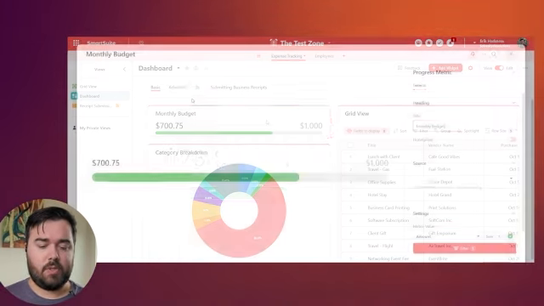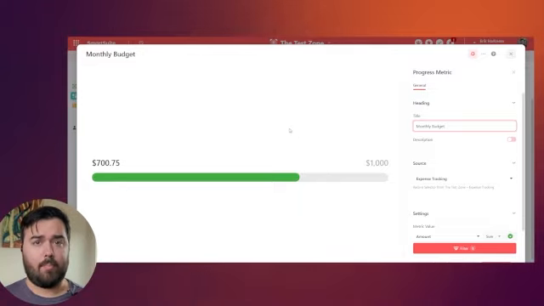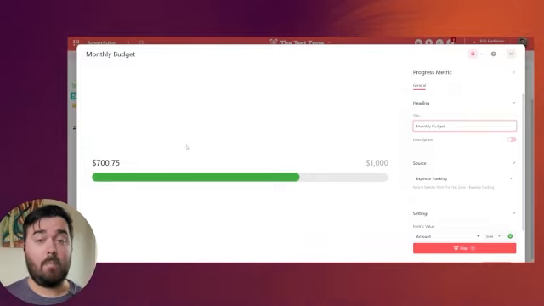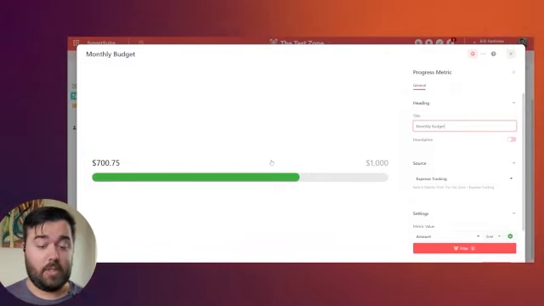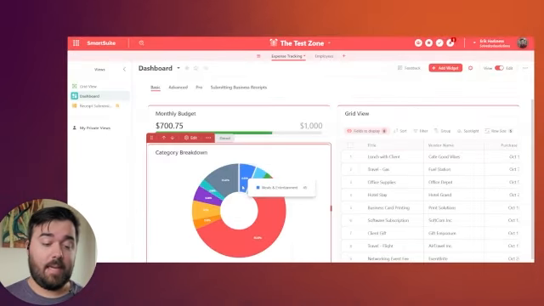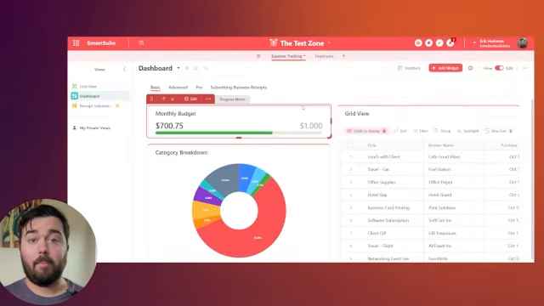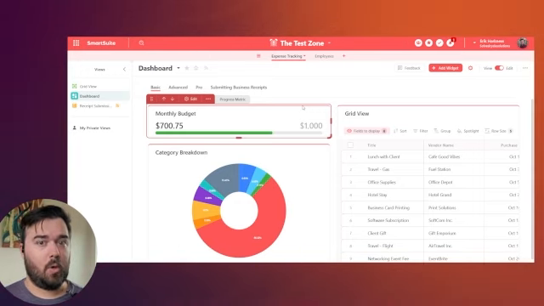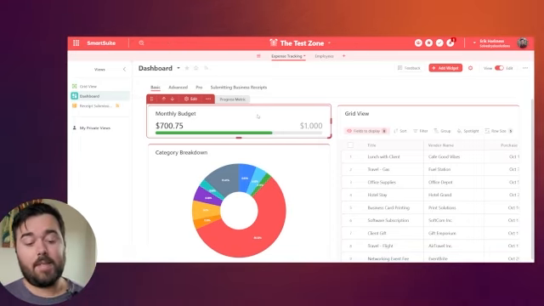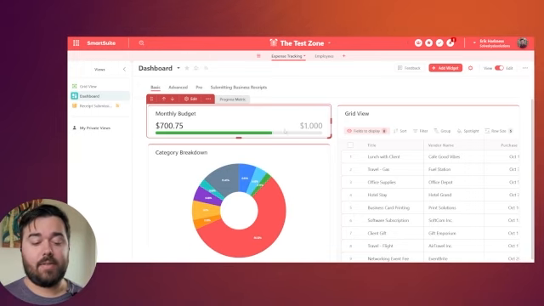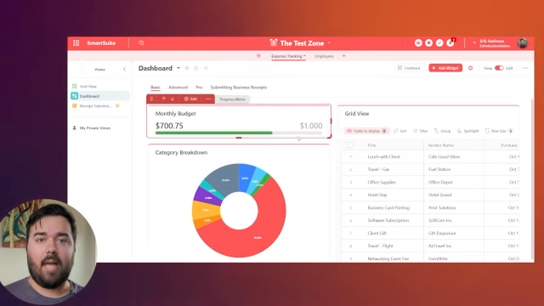But basically you could set up certain things where you could have what's called a progress metric, where you could set a certain threshold and be able to monitor or collect all the data relevant to that particular threshold. So in this case, I'm setting up a monthly budget for a small business that's saying we have this amount of money to spend per month. In this case, I'm using this as the month of October. And so you'll see that for this whole month, this business is under budget at $700 out of their $1,000